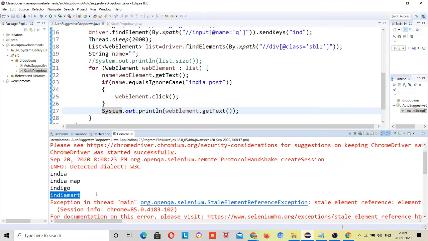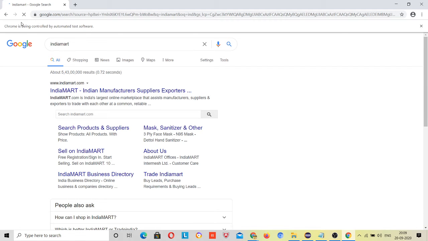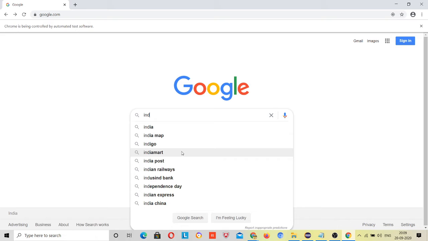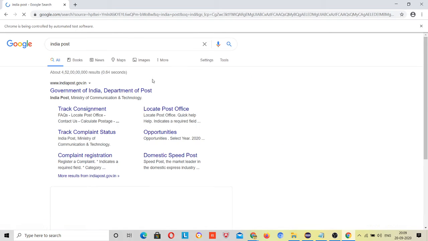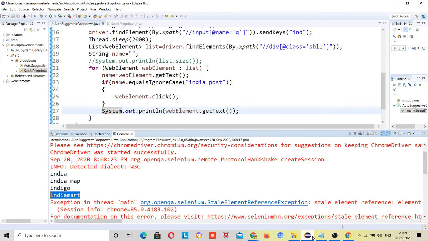See, it clicked on India Post after India Mart, right? If I clicked on this India Mart, these other dropdown values are present. But once it clicked on India Post, we came to this page, and in this page the other dropdown values are not present.